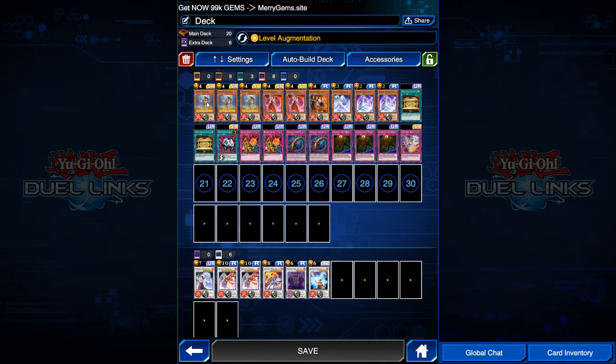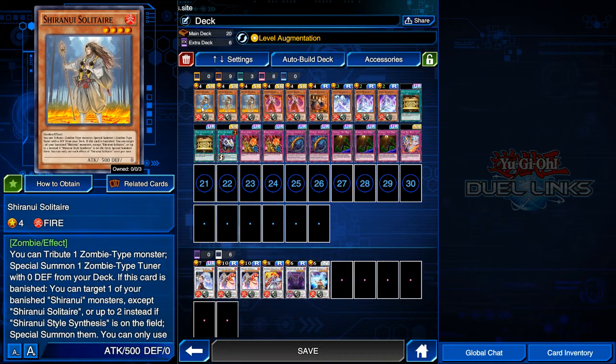This isn't the most optimal way to play it. I need a 3rd Squire. Then I'll probably put one in the back row. But I'm going to show you everything we play. 3 Solitaire. So what Shiranui Solitaire does is Solitaire allows you to tribute itself, or a zombie monster can be